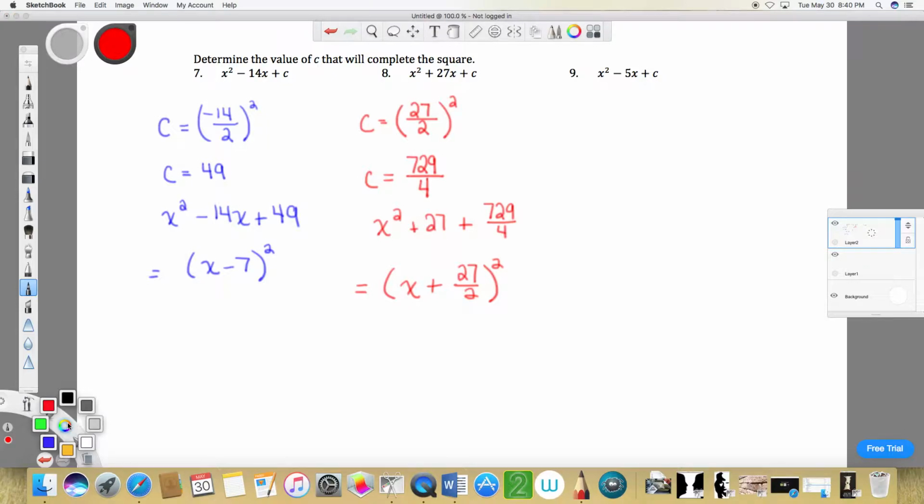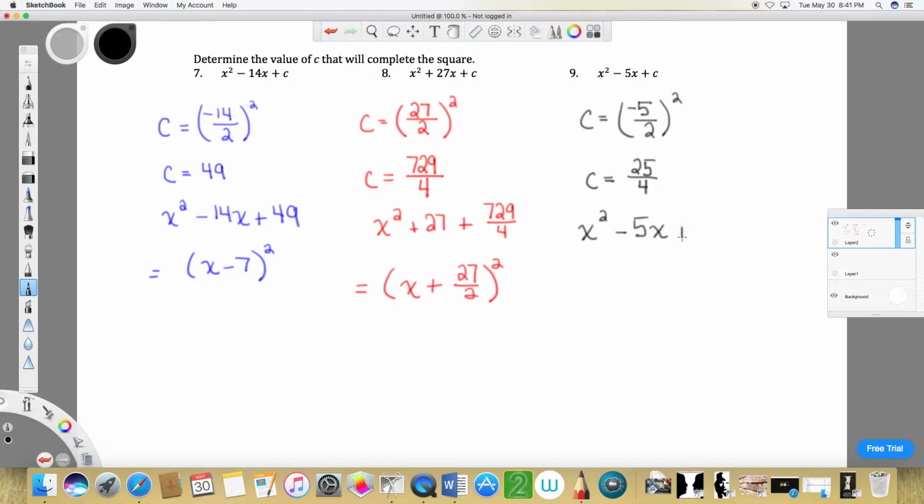It's also an odd value. This negative 5, we take half of it and square it. If it were an even number, it'd be an integer value, and students like that better. But all we're doing is multiplying it by itself. This was negative 7 times negative 7, which got us 49. This is negative 5 halves times negative 5 halves, and that gets us 25 over 4. So if c were replaced with 25 over 4,